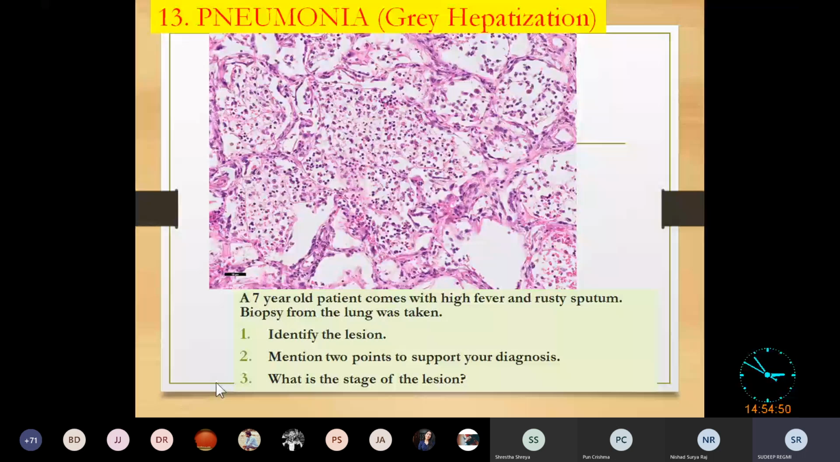What are the types of pneumonia? Lobar pneumonia and bronchopneumonia. These are the types according to the anatomical location. According to the etiology, if the types of pneumonia are asked in the exam,